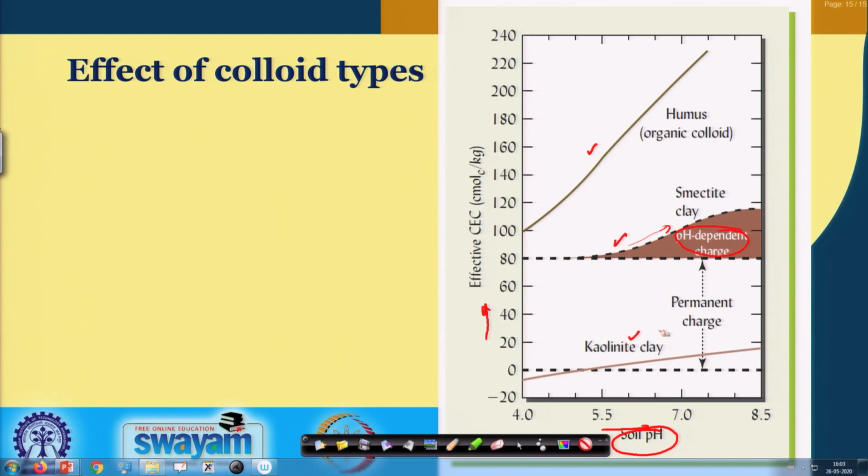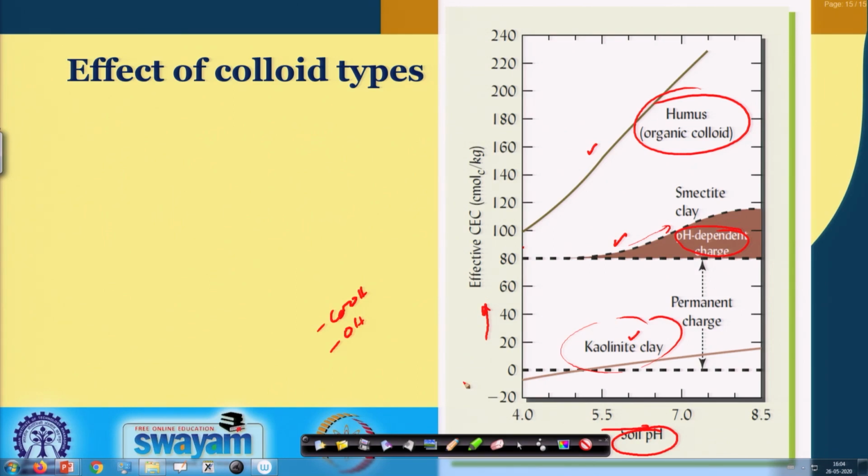However, in case of kaolinite clay and humus, which is an organic colloid, the effective cation exchange capacity is almost entirely dependent on the soil pH. So, that is why you can see it is highly variable. In case of organic colloid, obviously as the pH increases, there is a high increase in effective cation exchange capacity, because the functional groups which are present in organic colloid, like the carboxylic group as well as the phenolic OH groups, basically dissociate and produce negative charge, and this negative charge is responsible for attracting more cation. We have discussed this in detail during our